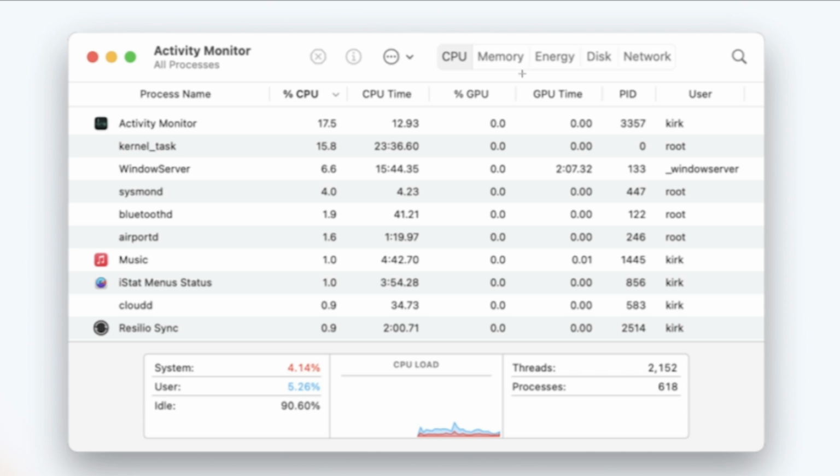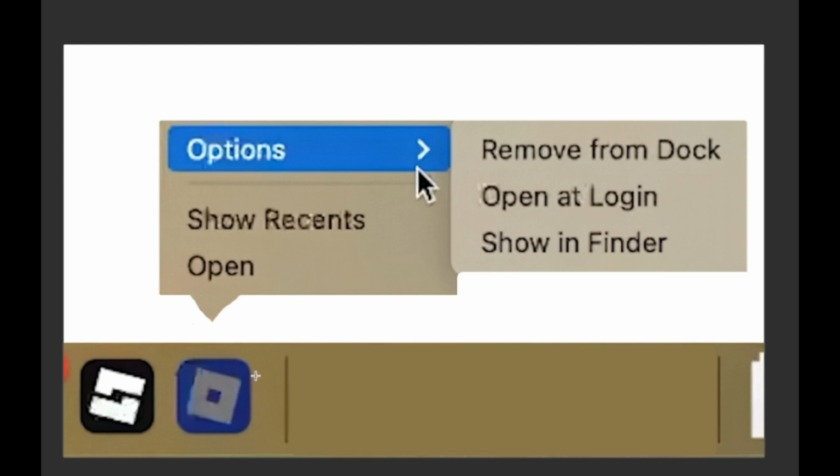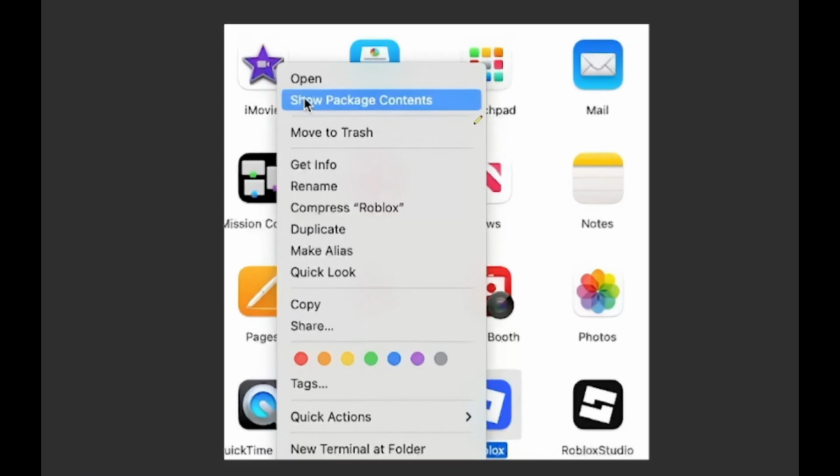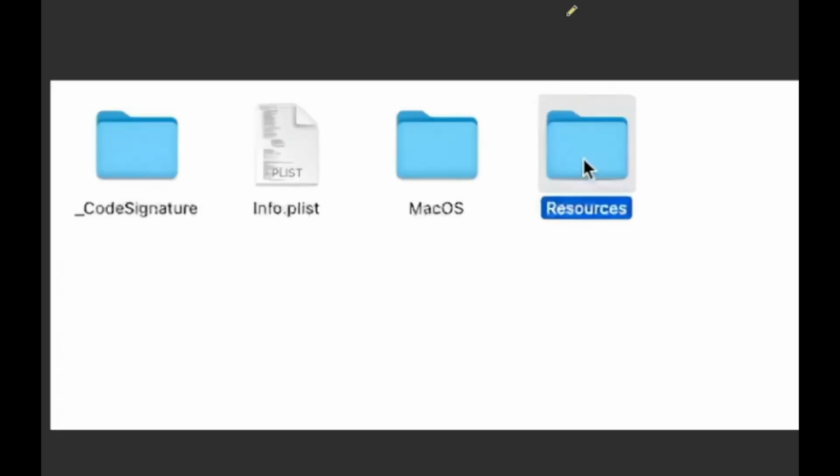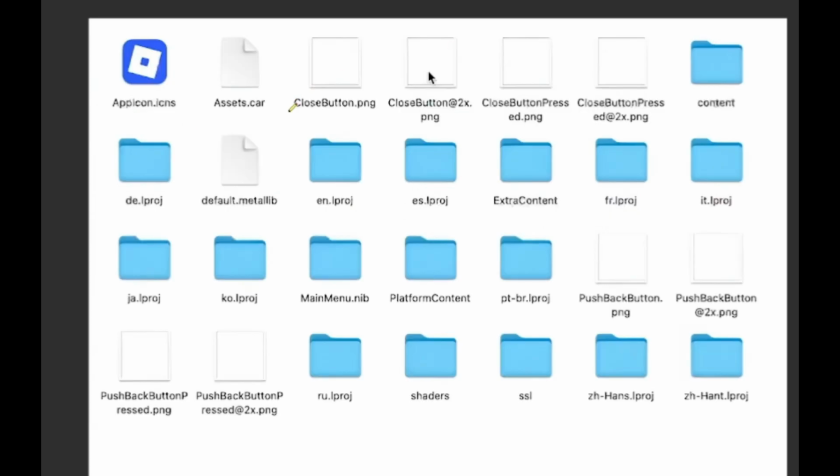This will sacrifice your textures, but in a way that will give you more FPS, so less lag. So just go ahead into the bottom of your screen or wherever you can find your Roblox app. Go ahead and press on Show in Finder. Once you're there, go to Show Package Contents by right-clicking on Roblox, then press on Contents, Resources, then go